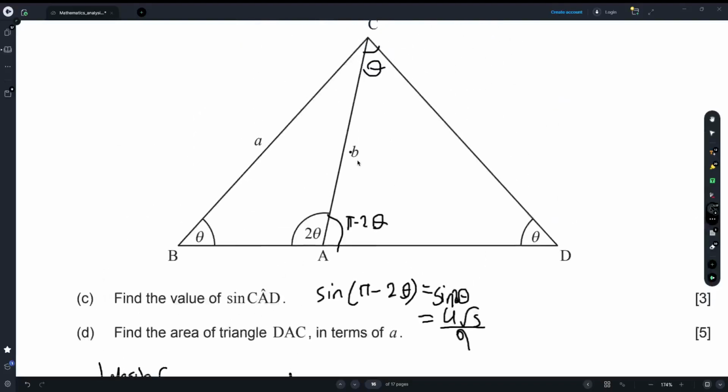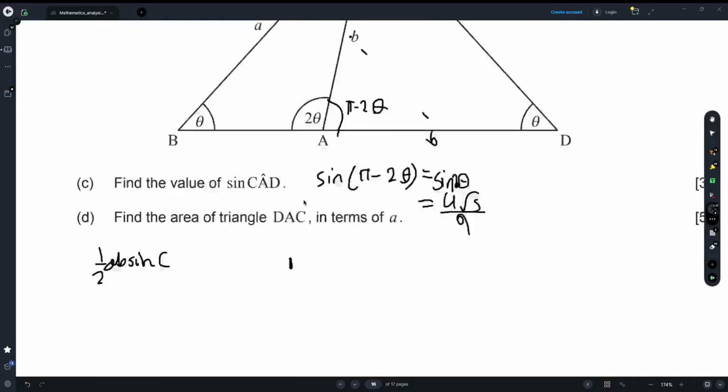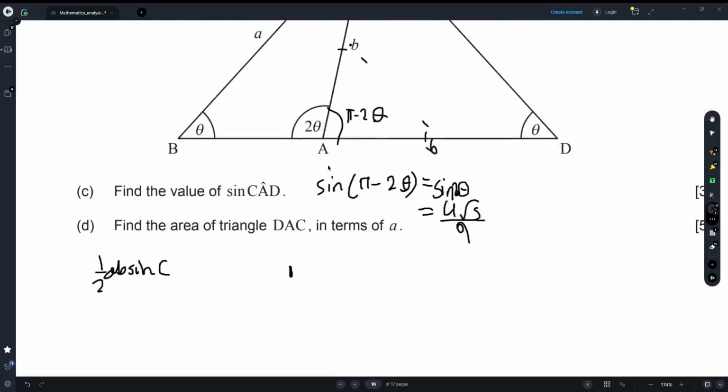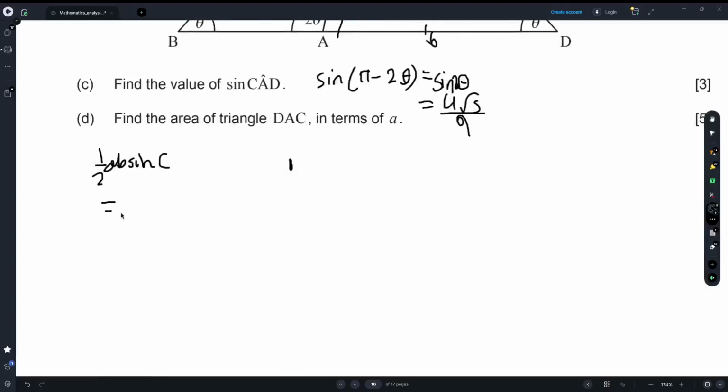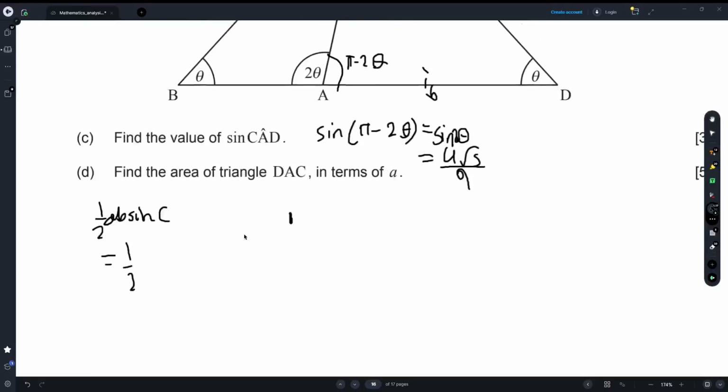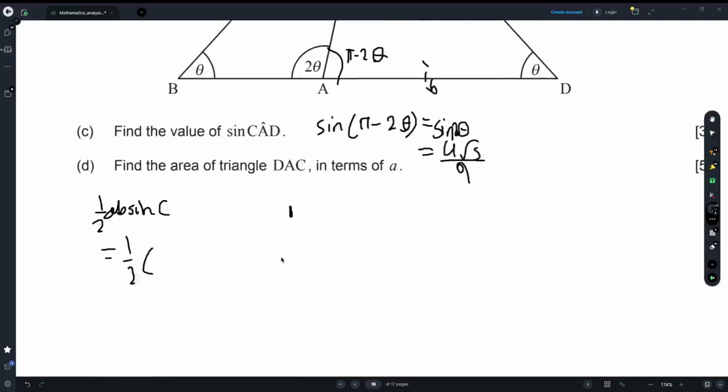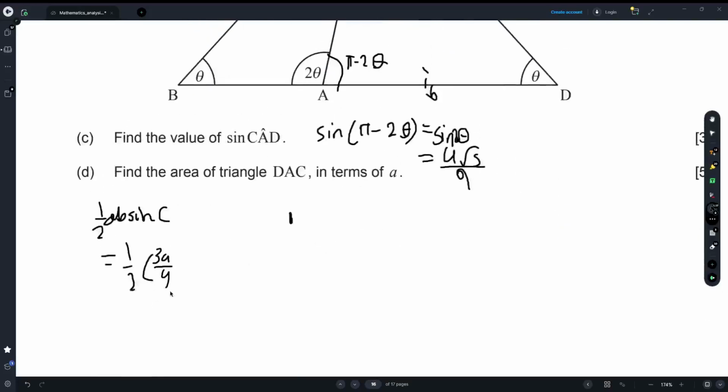And since it's an isosceles triangle, we know that these two sides are the same. So we can say that this is equal to half, and they want it in terms of a, so we know that b equals 3a over 4. And the second side is also 3a over 4. And the sine C is just 4 root 5 over 9. These 4's cancel, so on the top we get 9a squared root 5